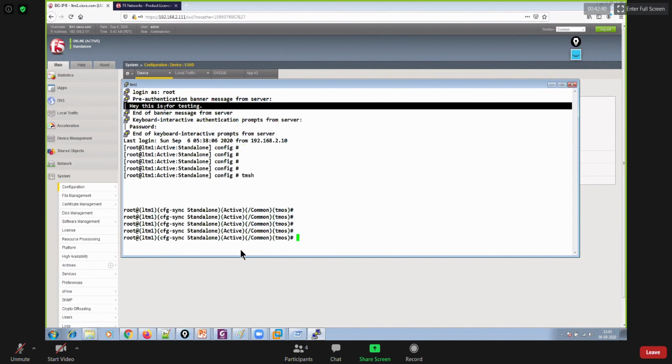Similarly, you could even perform this using CLI. For example, if you wanted to modify the NTP or DNS servers, or you wanted to see which all are the DNS servers you have configured on your Big IP, you could just say, hey, list, space, and then name servers.